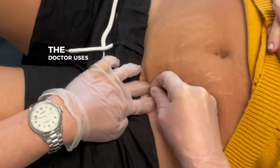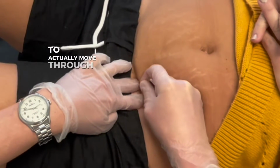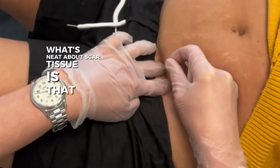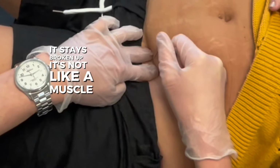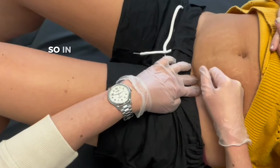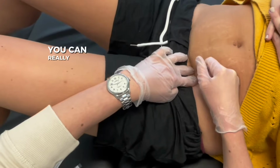The doctor uses one of her ultra-fine needles to actually move through the scar tissue. What's neat about scar tissue is that once you break it up, it stays broken up. It's not like a muscle that can get tight again. So in working on a scar, even a scar that is over 10 years old, you can really break up